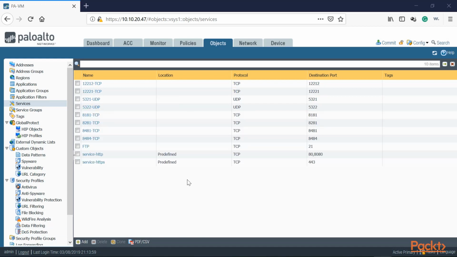Okay, thanks to the magic of editing, I just made all the objects. So we made the UDP objects and also the TCP service objects, and I also made the FTP object because by default the Palo Alto will not have FTP created as a service object. You can see we have two predefined services, the HTTP, HTTPS. Why is that? Port 80 and 443, those are very common ports. You're going to be using that in most of the policies, so that's why the Palo Alto will bring that